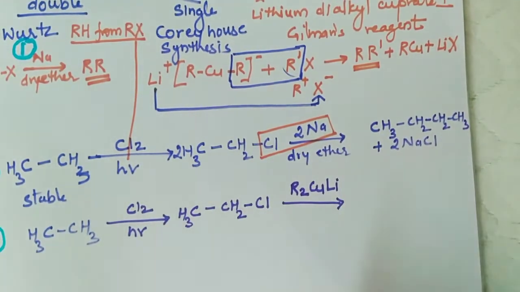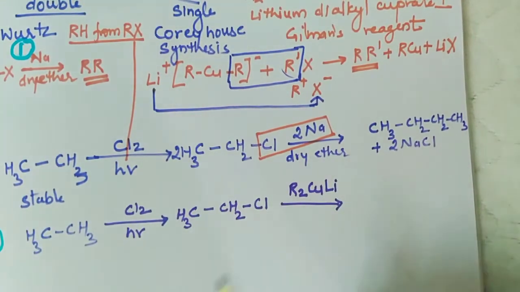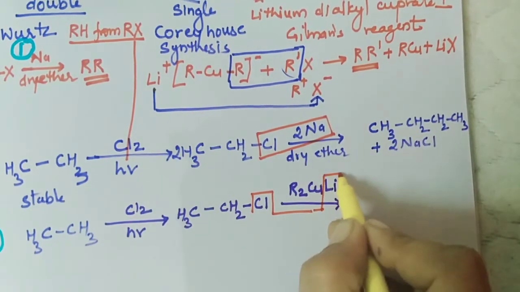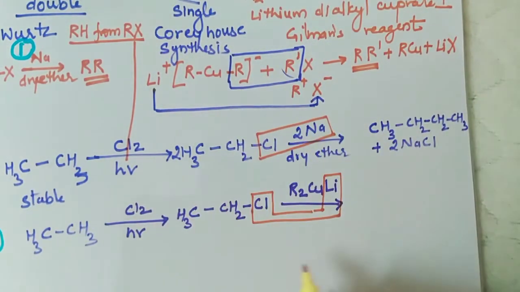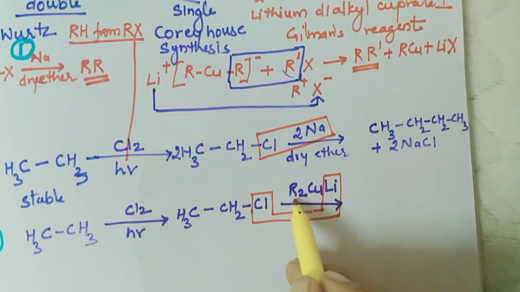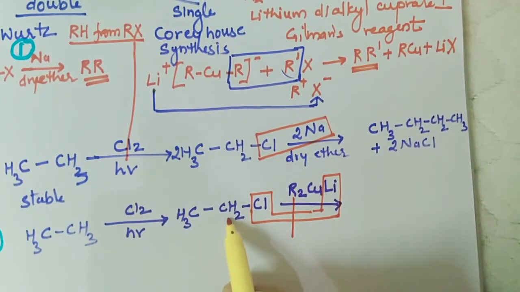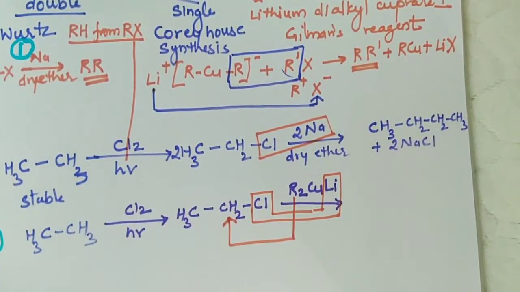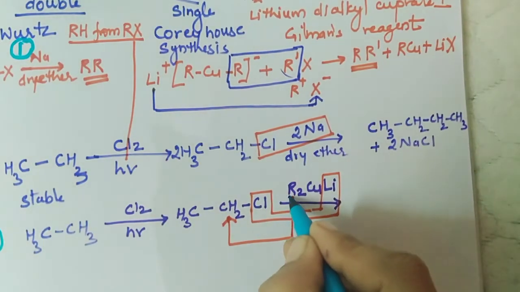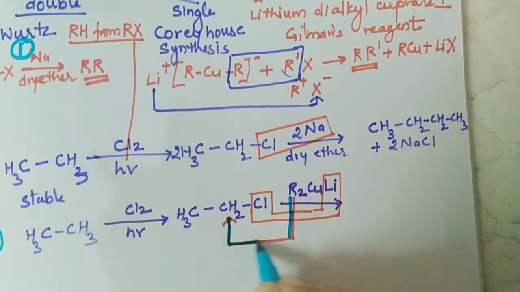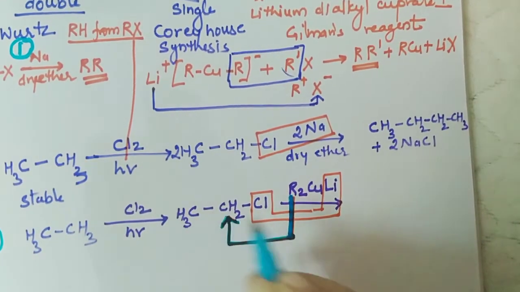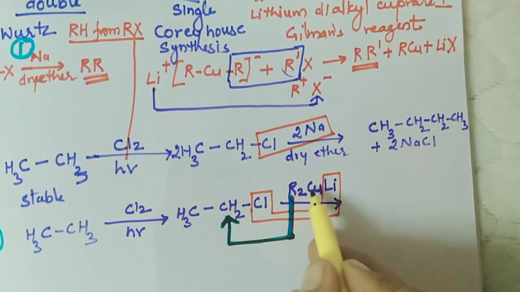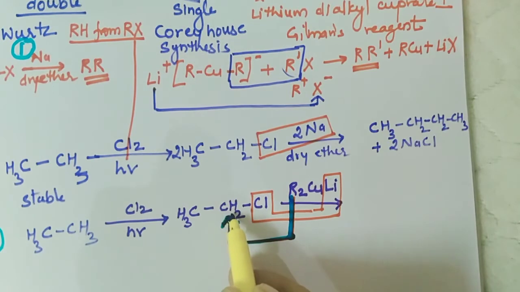तो हमको यहाँ पर क्या मिलेगा? Now see what will happen here. Here this Li, this Cu will go with this Li जैसे यहाँ समझाया था. Then 1 R from here will go and attack on this carbon. कैसे हमको अल्केन मिलेगा? This 1R from this R2Cu will go and attach on this CH2.